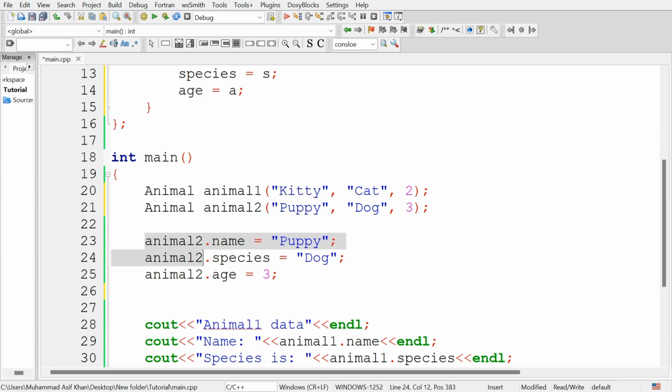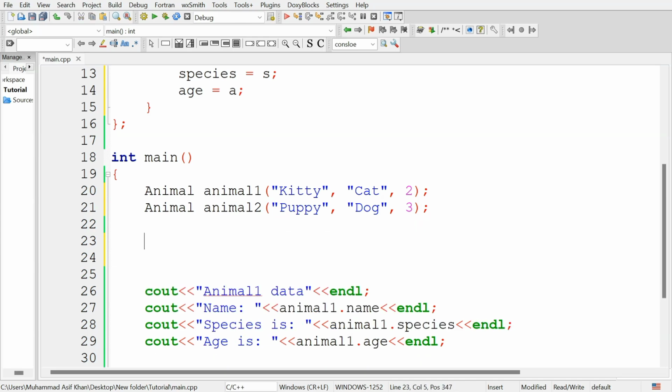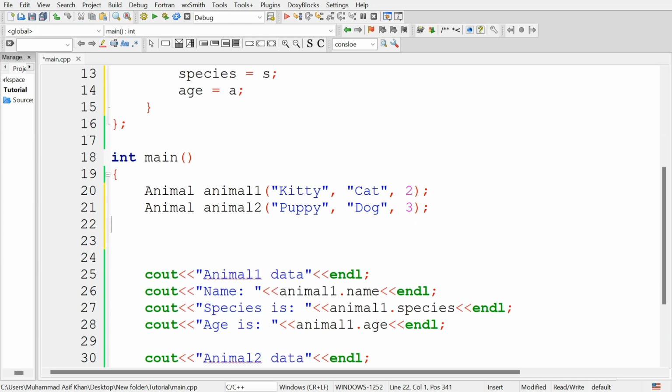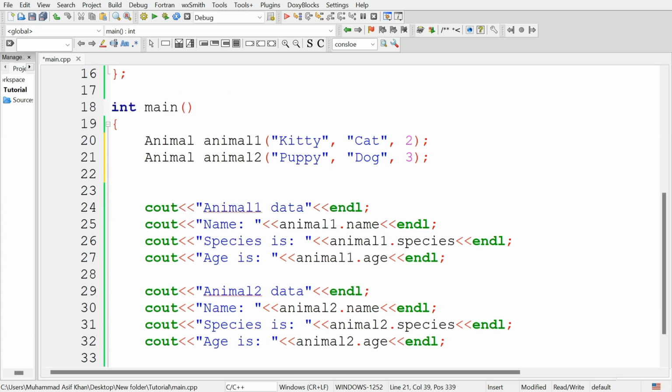Now we created two objects and initialized them using the constructor. If I run the program, it will work similar to the initialization that was manually assigning the values to attributes.